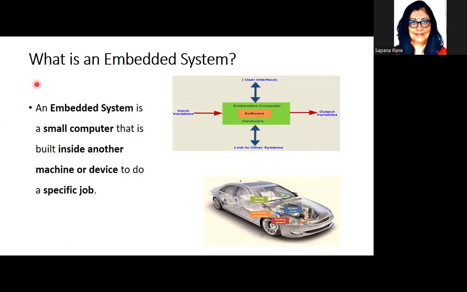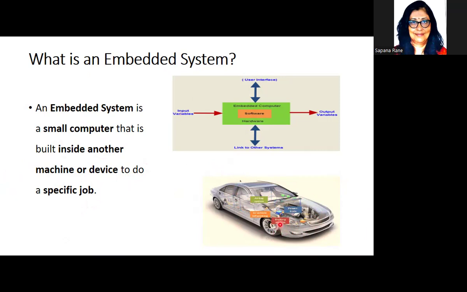Now, let us see what is the definition of the embedded system. An embedded system is a small computer that is built inside another machine or a device to do a specific job. Now, if you observe a car as a machine here, then a small computer is installed into the car for